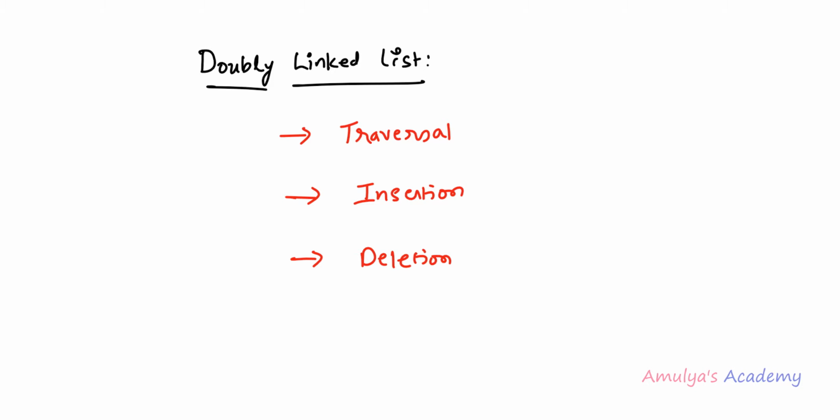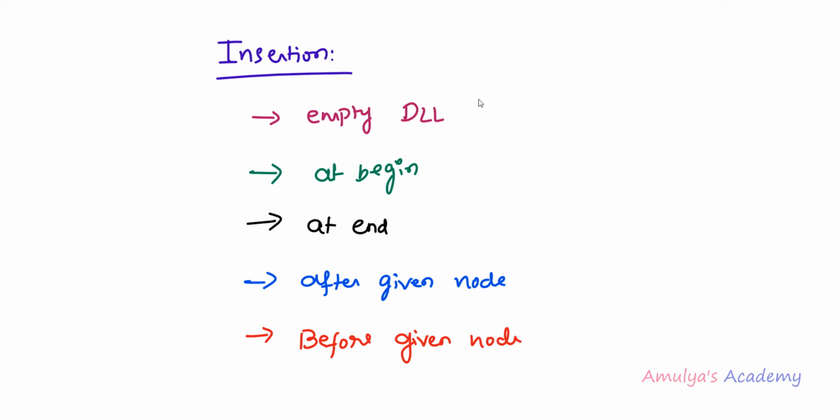We are discussing the doubly linked list program, and previously we wrote the program for the traversal operation as well as a few scenarios of insertion operations. That is, we wrote the method to insert the new node in the empty doubly linked list, at the beginning of the linked list, and at the end of the linked list. Today we'll discuss the rest of the scenarios. That is, how to insert a new node after the given node or before the given node.